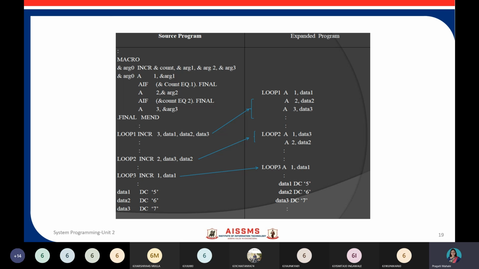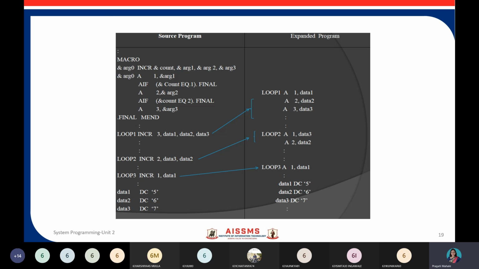Final is a label, so it comes to the end of the macro, right? This is how you can specify the if conditions and direct the next statement to be executed. Inside the macro expansion, we have also used conditional code using which you can jump to some particular location or execute whatever statement you have to execute as per your program logic, right?